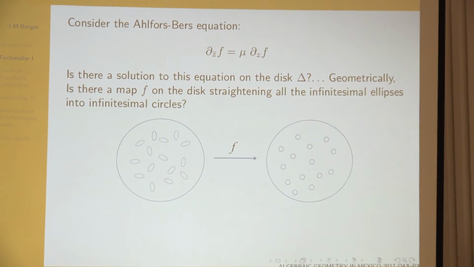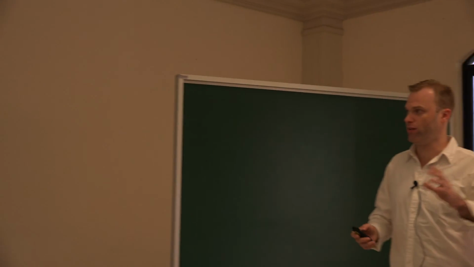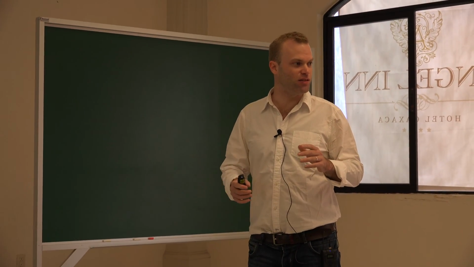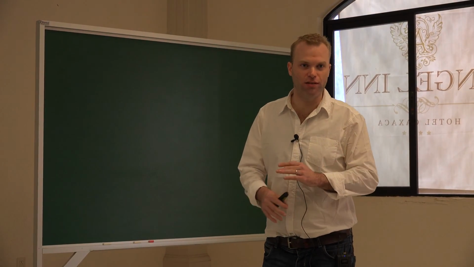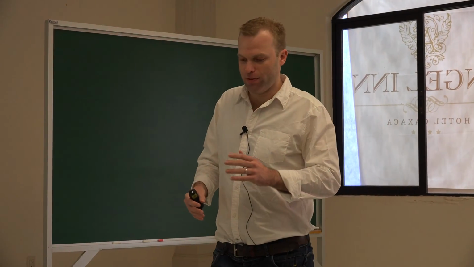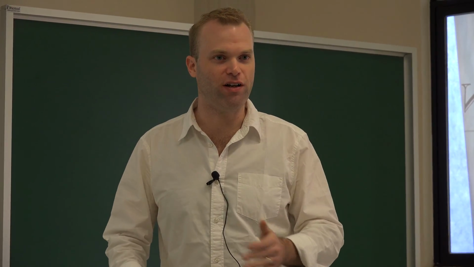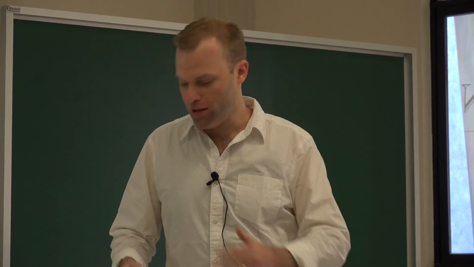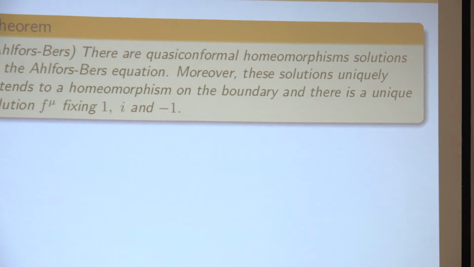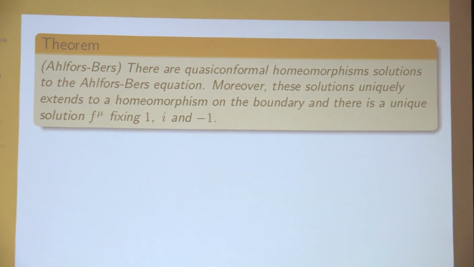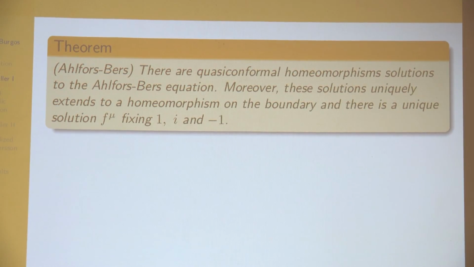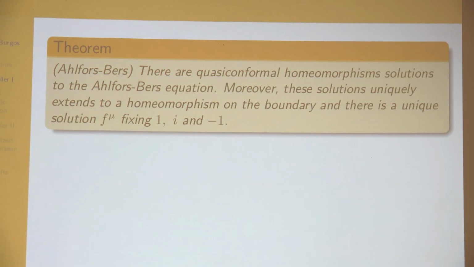As you remember, the field of ellipses is L infinity. It is not continuous, and at first sight there is no reason for the existence of an F like that. Well, it turns out that the Ahlfors-Bers theorem answers our question positively. There are quasi-conformal homeomorphisms. There are not only solutions, but they are homeomorphisms to the Ahlfors-Bers equation, and moreover, these